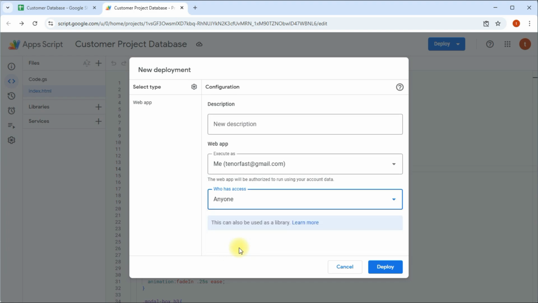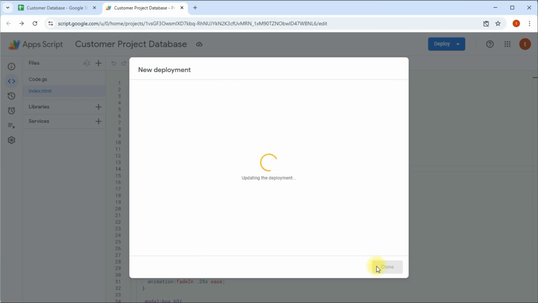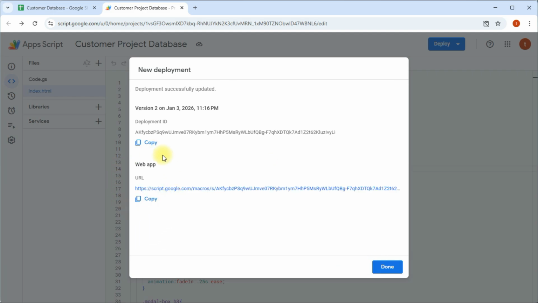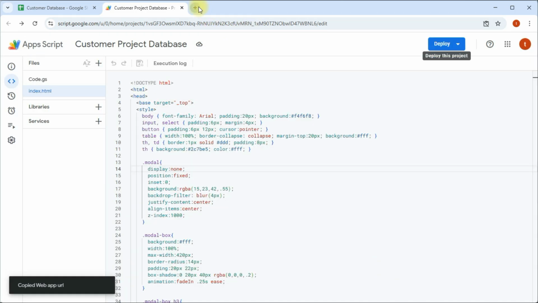This is what makes your application public, so anyone with the link can access it without needing to sign in. Once you hit deploy and authorize the permissions, Google will give you a unique URL. And just like that, your application is officially public and ready to use.